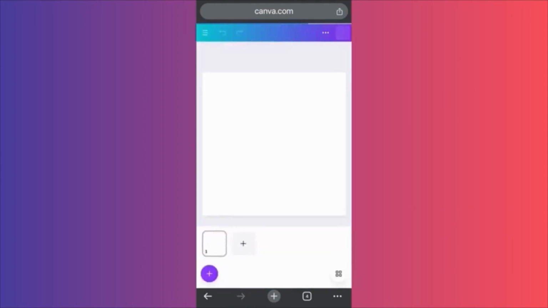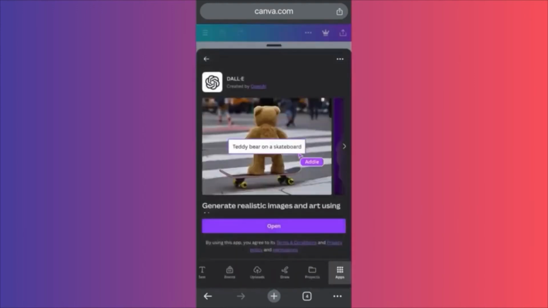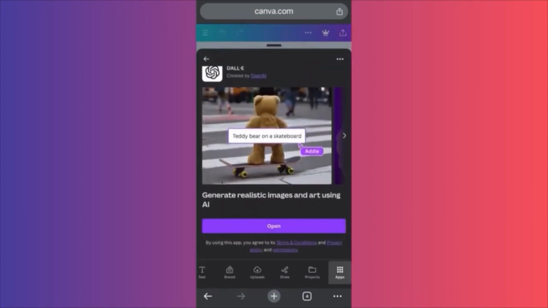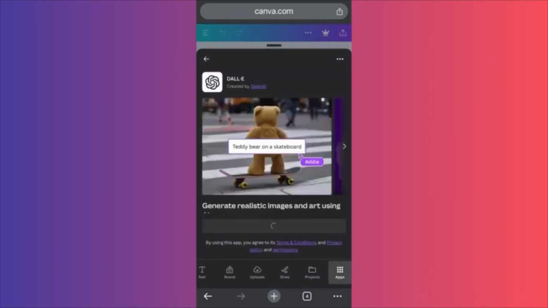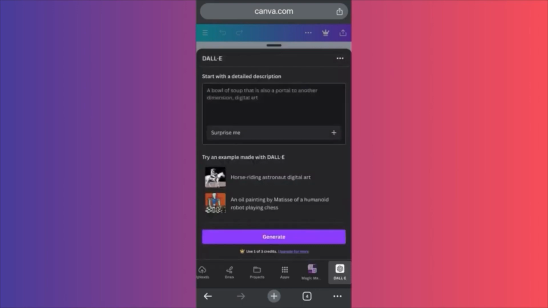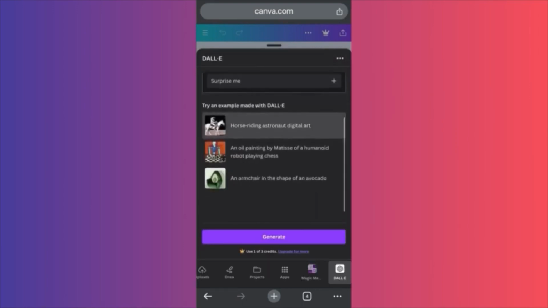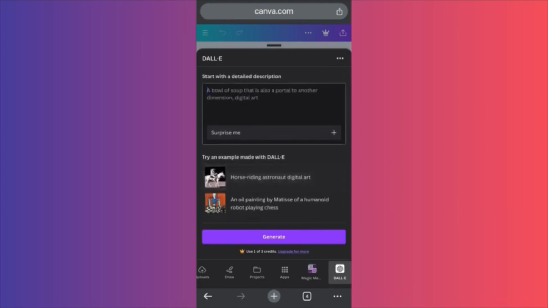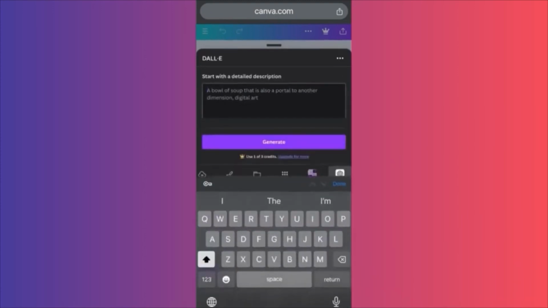So if you didn't use DALL-E prior, DALL-E is a little different if you use the other AI tools, because DALL-E over here doesn't have any additional filters. So everything you type in the prompt will be what you're going to get. With Magic Studio, we had an option where you choose the style. Is it going to be animation? Is it going to be a vintage look? So it's like different styles, different designs. Also, you have an option to change the aspect ratio with Magic Studio. Here, it's pretty random, but the results sometimes are amazing.